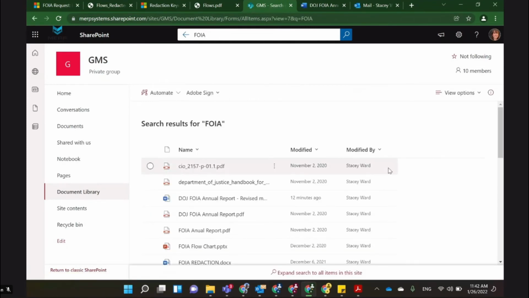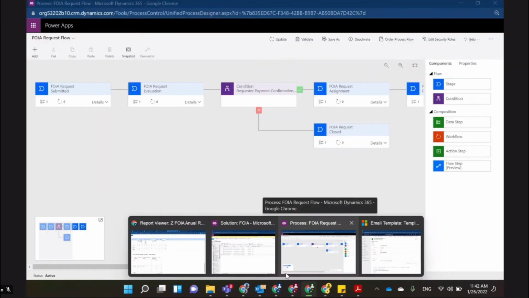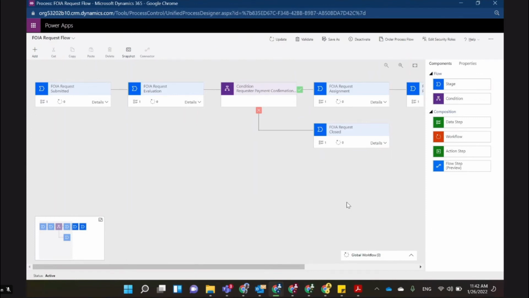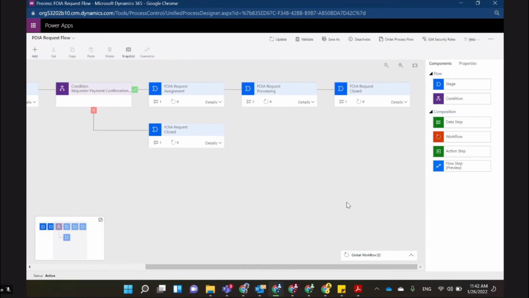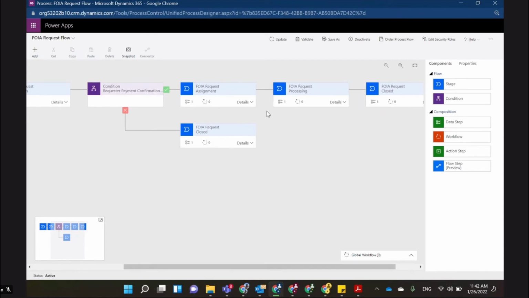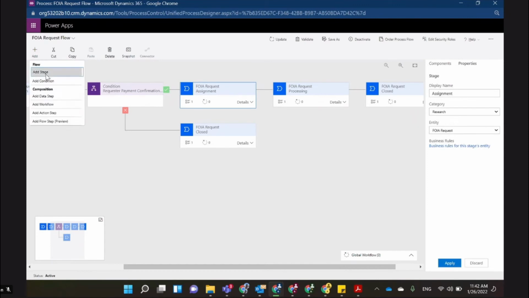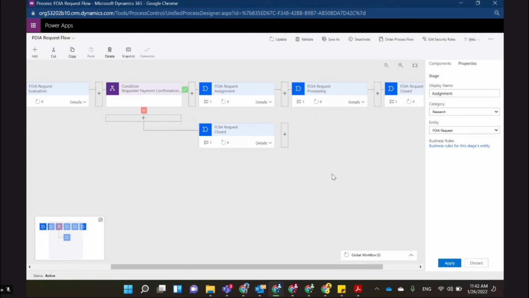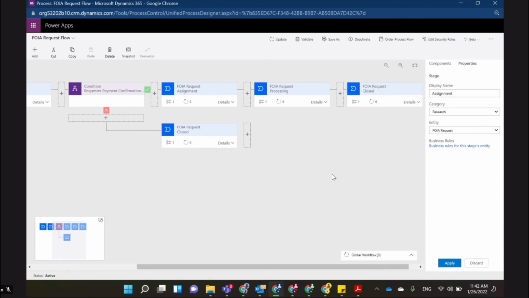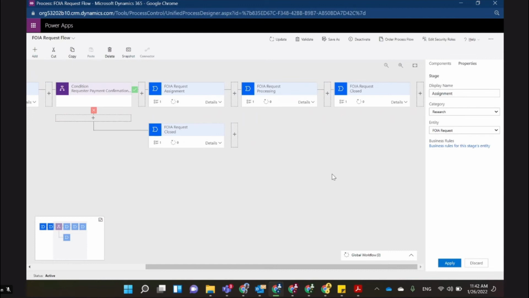Okay, so in conclusion, what we want to say is this is actually a 360-degree process, and this is something that we wanted to showcase to you before we conclude. The flexibility that Power Apps offers to the business users to change the business process associated with FOIA. So these are the steps that a business user can manage and maneuver so that additional steps can be added, few steps can be redacted. So the system works almost like a Play-Doh fashion where you can add and manage and maneuver the business processes